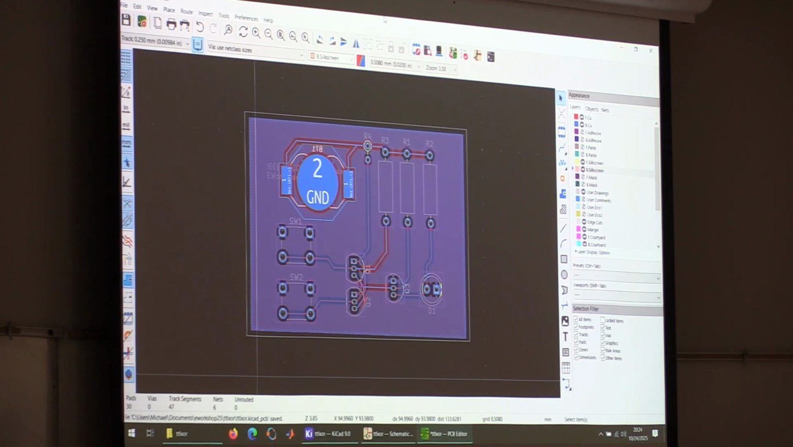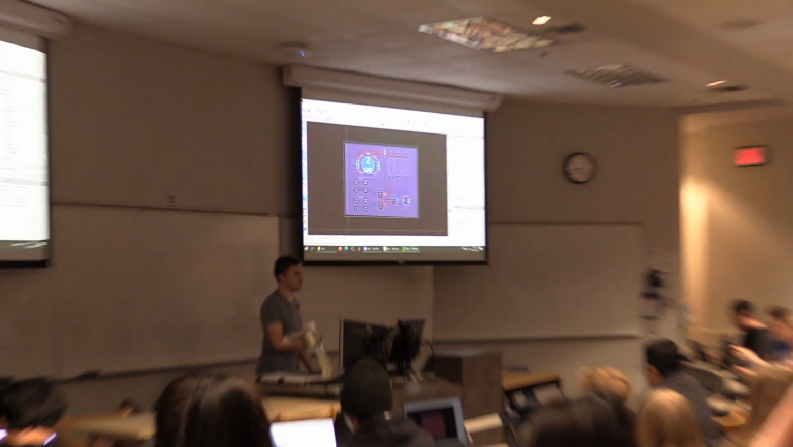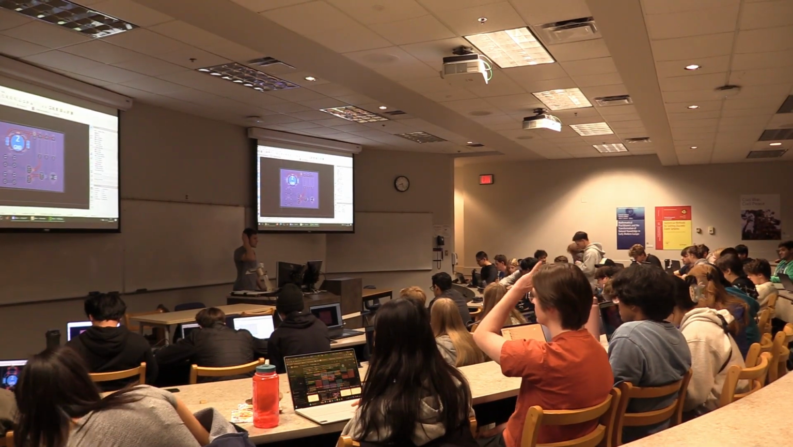Are there any settings for the DRC that I have to check before running it? No, you just run it. So when we set the tolerances,